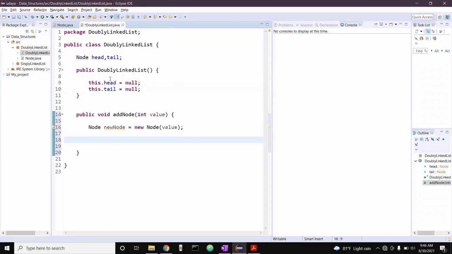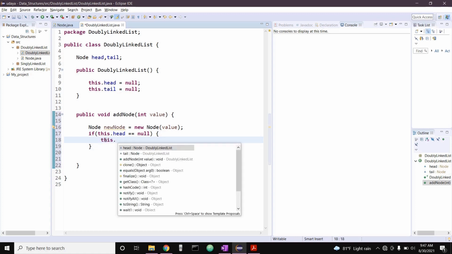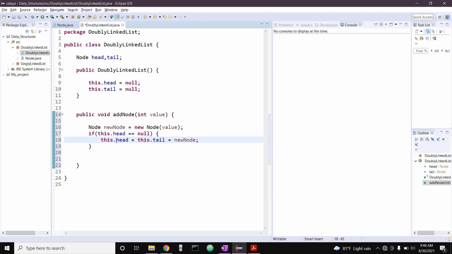Now let's move back to our function. First, check whether the list is empty or not. We can accomplish the task by using a simple if condition. If this dot head equals null, meaning the head reference equals null, the list is empty. So now we can create both links. Now you can see we have pointed both references to the new node. Else,